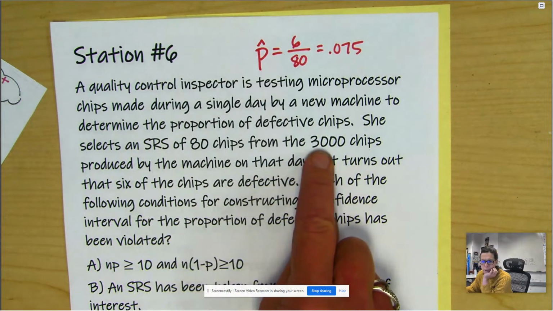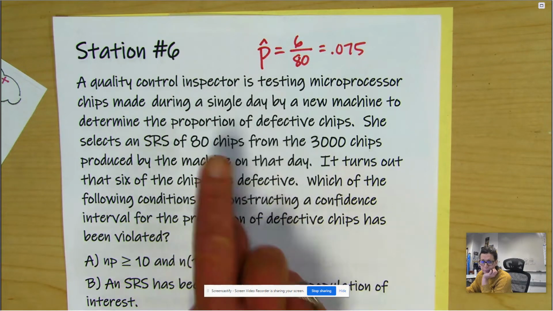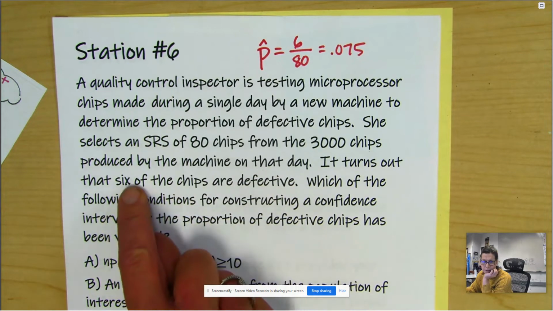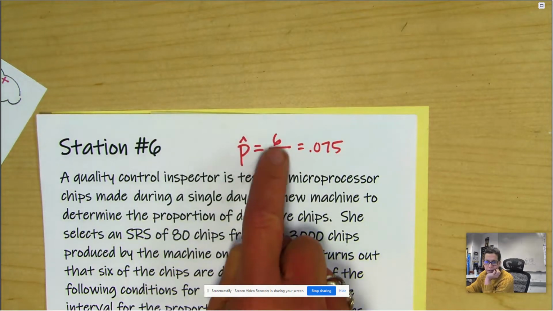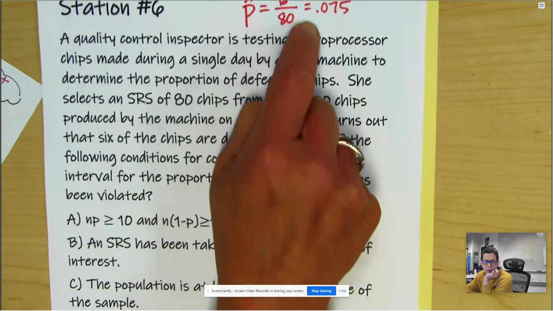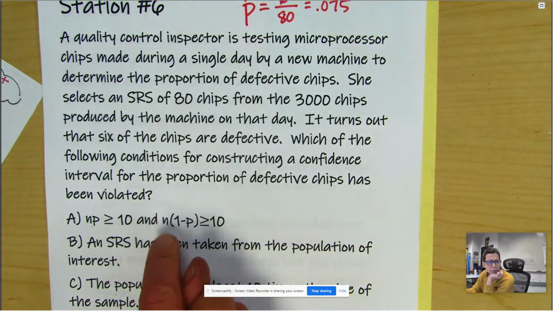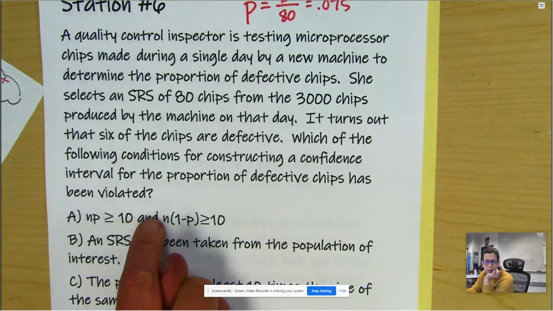First of all, they give the population, which could have been kind of confusing. You did not sample 3,000. There were 80 chips, and 6 of them were defective. So the p hat is 6 out of 80. Right away, it does say it was random: a simple random sample. Okay, so if we go down the line, the next one